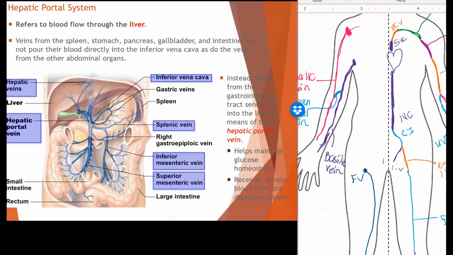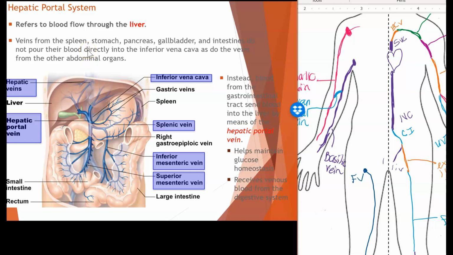So I want to flip back to this image here to show you that. So here's the hepatic portal vein. We have a little bit of splitting here so we can get all of those nutrients to those hepatocytes. And then here are the hepatic veins that connect back to the inferior vena cava to take it to the